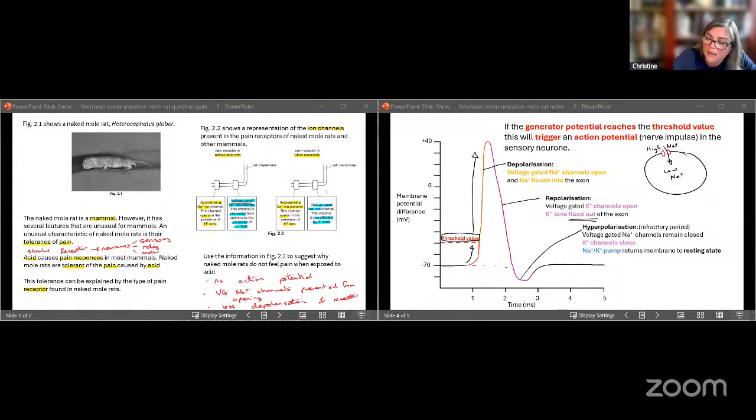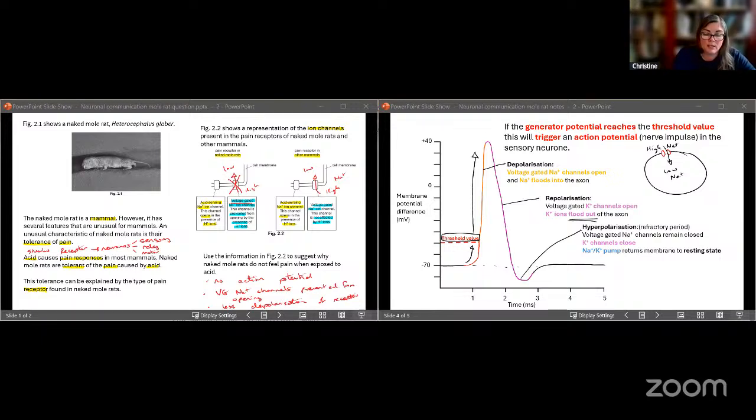We know we had a high concentration outside and a low concentration inside, therefore we have less sodium moving in. We still have a high concentration outside, a low concentration inside. We would want it to move in, but because they have been prevented from moving in,